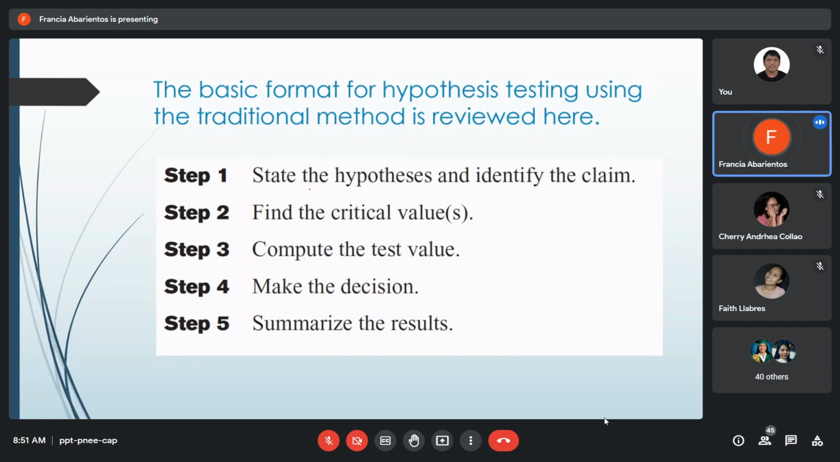Sabihin natin, baka may bongbong dito sa example ko pa naman yung wag mo lang. Okay, so